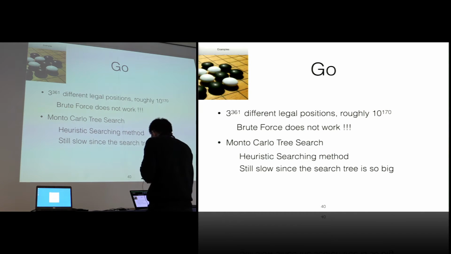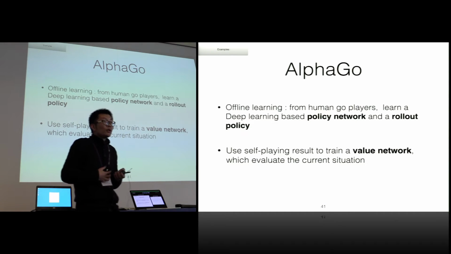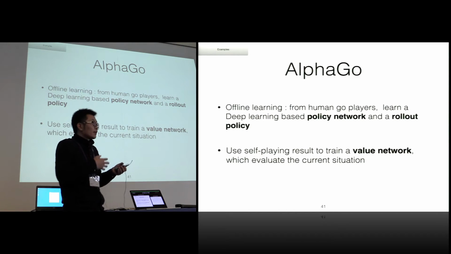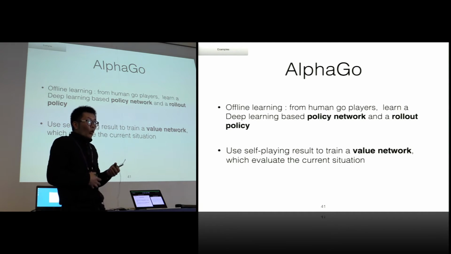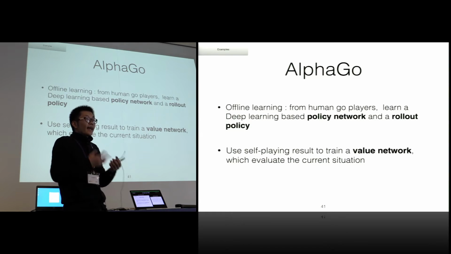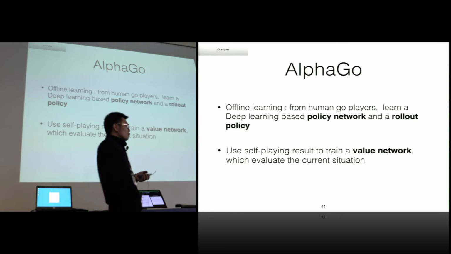So that's where deep learning comes in. In the offline training of AlphaGo, you give AlphaGo the images of moves of human players. They are probably professional players, which are really smart moves. So AlphaGo will use convolutional neural networks to predict the best possible next move instead of just blindly searching these 300 different positions. The neural network can give you hints for about 20 possible best moves. This greatly reduces the search space.